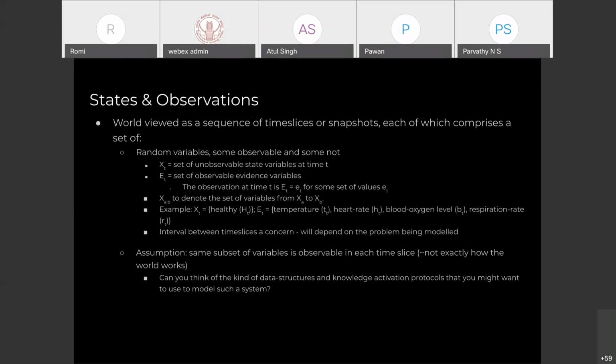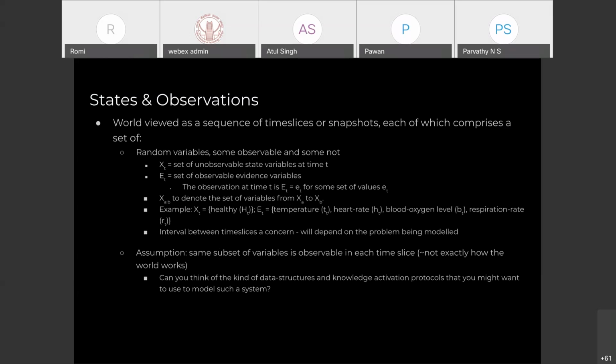Yes. So now the time that we consider over here, we will have different granularities to consider, whether you want to measure these parameters over the course of one day, in the morning, in the afternoon, before food, after food, whatever. And you can also take it over a longitudinal time, in the sense of number of days, months, and years. If it's for a singular person, you might think about one day, each day at a time. But if you think about the world at large, then you might consider it over a larger time span. So the granularity is up to you depending on the problem that you're trying to model.